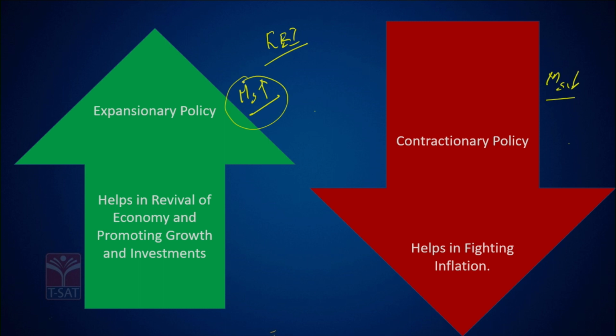Let's use some mere intuition. If the supply of money increases, for that matter, if the supply of any commodity increases, what happens to the price of the commodity? It becomes cheaper. Similarly, when the money supply increases, what happens to the interest rates in the market? They decrease. When the interest rates are cheaper, what happens to the credit supply? It increases. I mean, people's willingness to borrow increases. Isn't it? When loans are available at a cheaper price, obviously people would be interested to borrow more and more money.